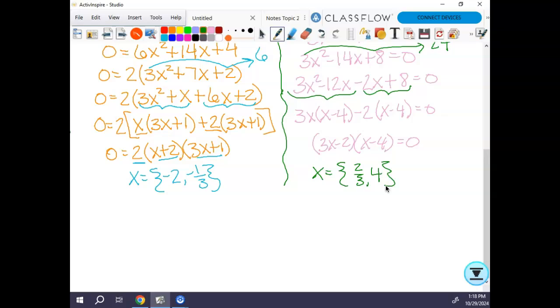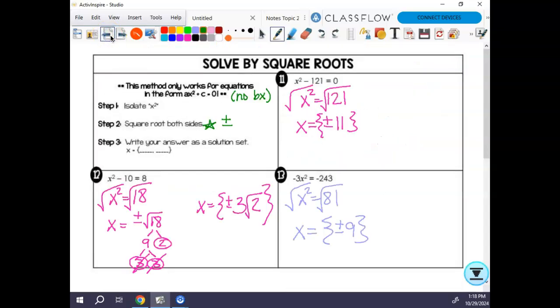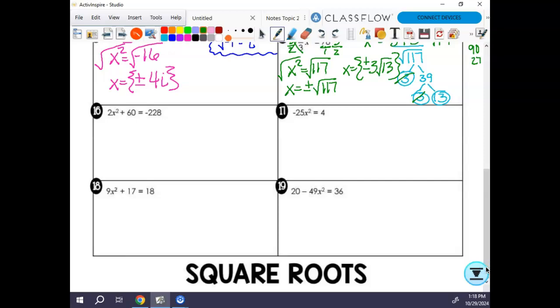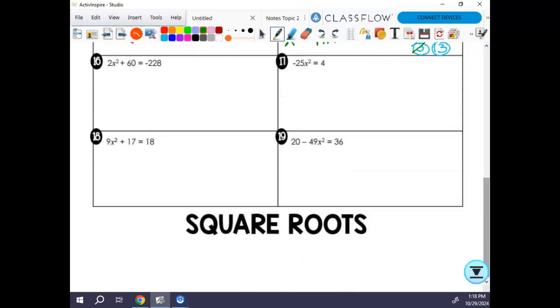Anything? All right, so let's go back to where we were with, I believe, square roots was what we were working on. Yes, square roots. So remember that the first thing that you should recognize is that your function is a quadratic. Then if you want to solve it, most of the time we're setting it equal to 0. If we do not have a bx term, we can set it equal to 0 and hope for difference of squares, or we can move the constant over to the right and then go from there. So that's what this part is reviewing. So we're going to, do we add or subtract the 60